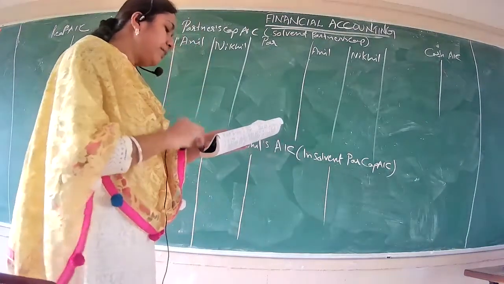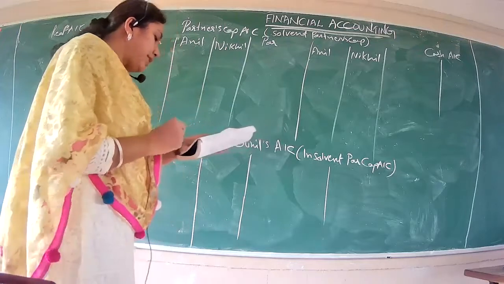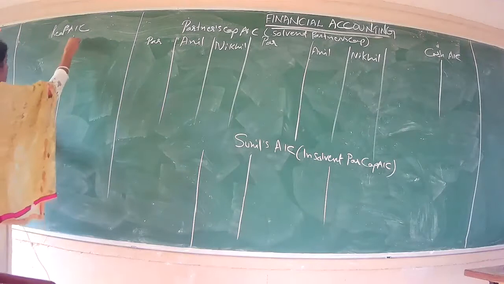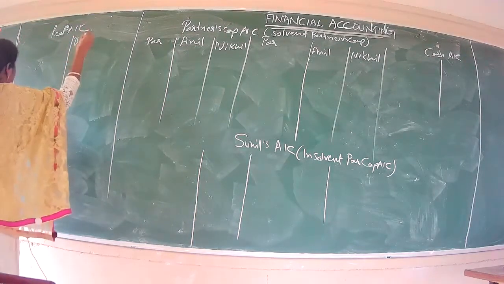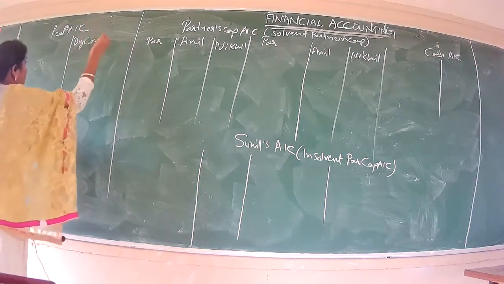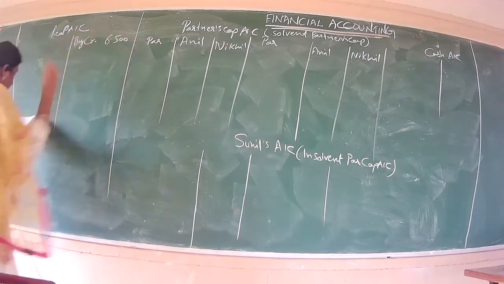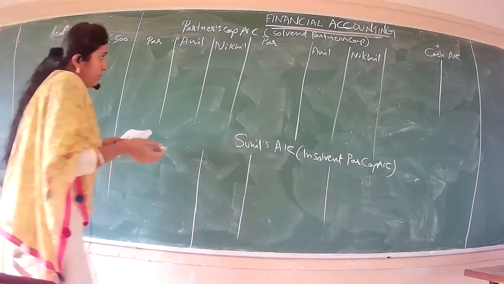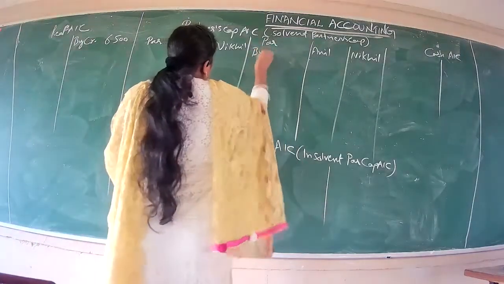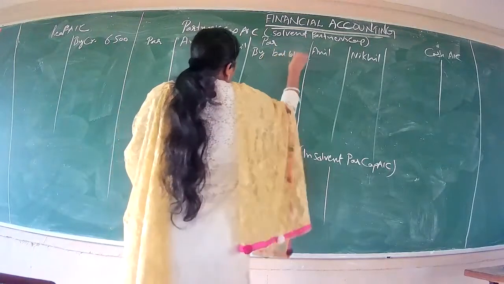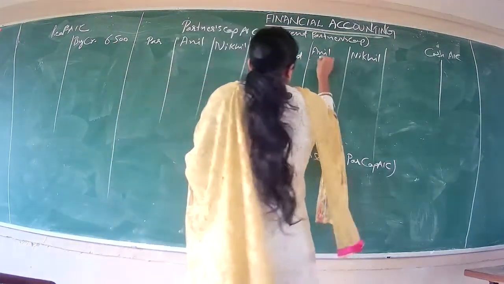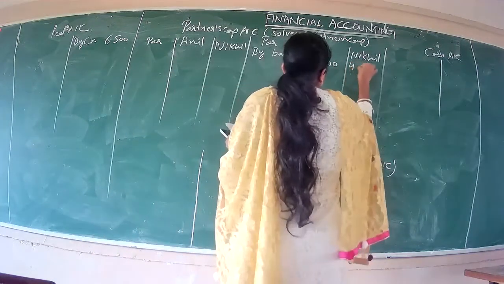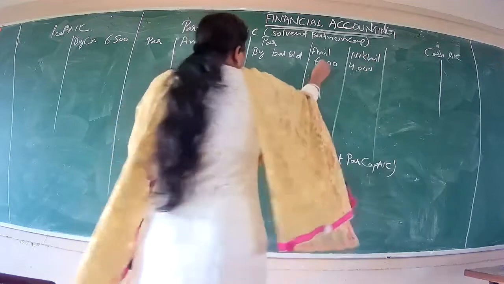Very first, if we go to the balance sheet, under your liabilities, we have sundry creditors. So we'll bring it into your realization account by creditors. Amount is your 6,500. Then we have next Anil's capital, that is opening balance brought down. So we'll take here by balance brought down for Anil 6,000, and very next we have Nikhil's capital also. So we'll take that also here, that is 4,000.